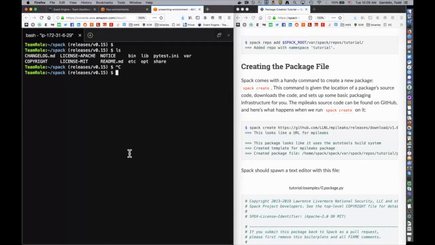So the first thing that we're going to do for this section is add a custom package repo to our Spack instance. This is important to do. If you don't do this, some of the commands won't work. This basically says, hey, MPI leaks is a package in Spack, but we're going to show you how to build MPI leaks and how to write a package for it. So we're going to add a new repo at the top level that doesn't have a package for MPI leaks so that we can go through the whole